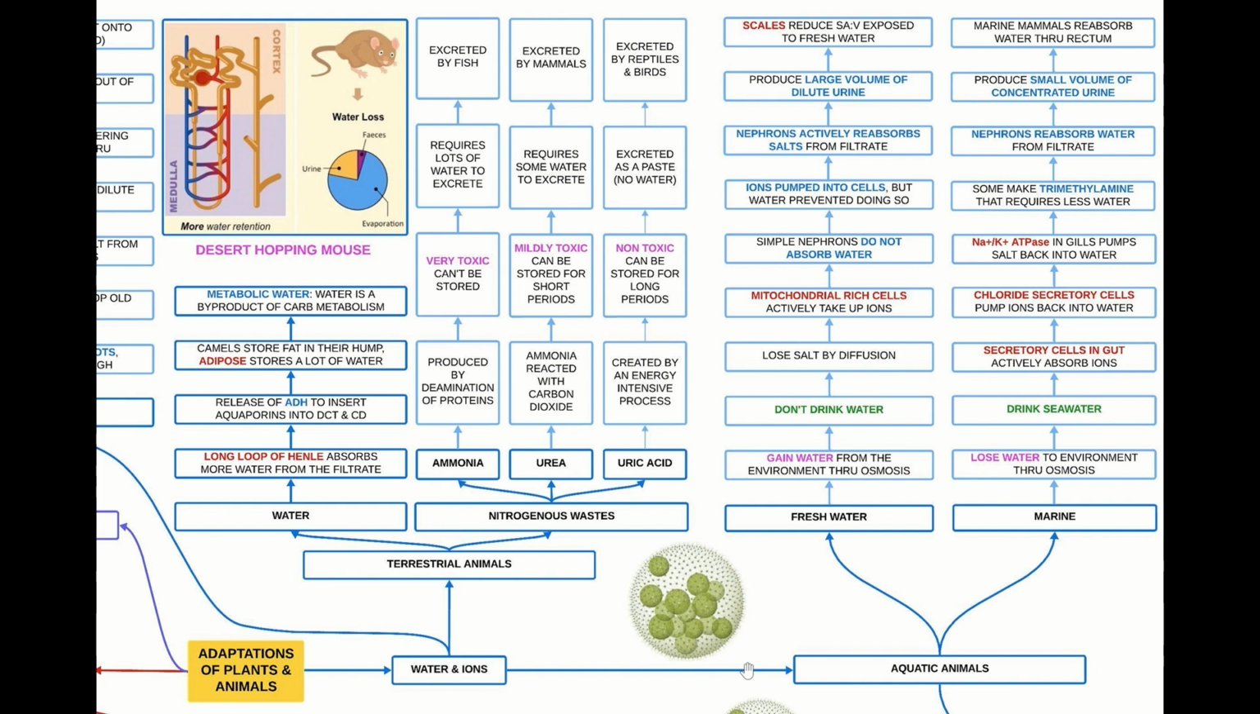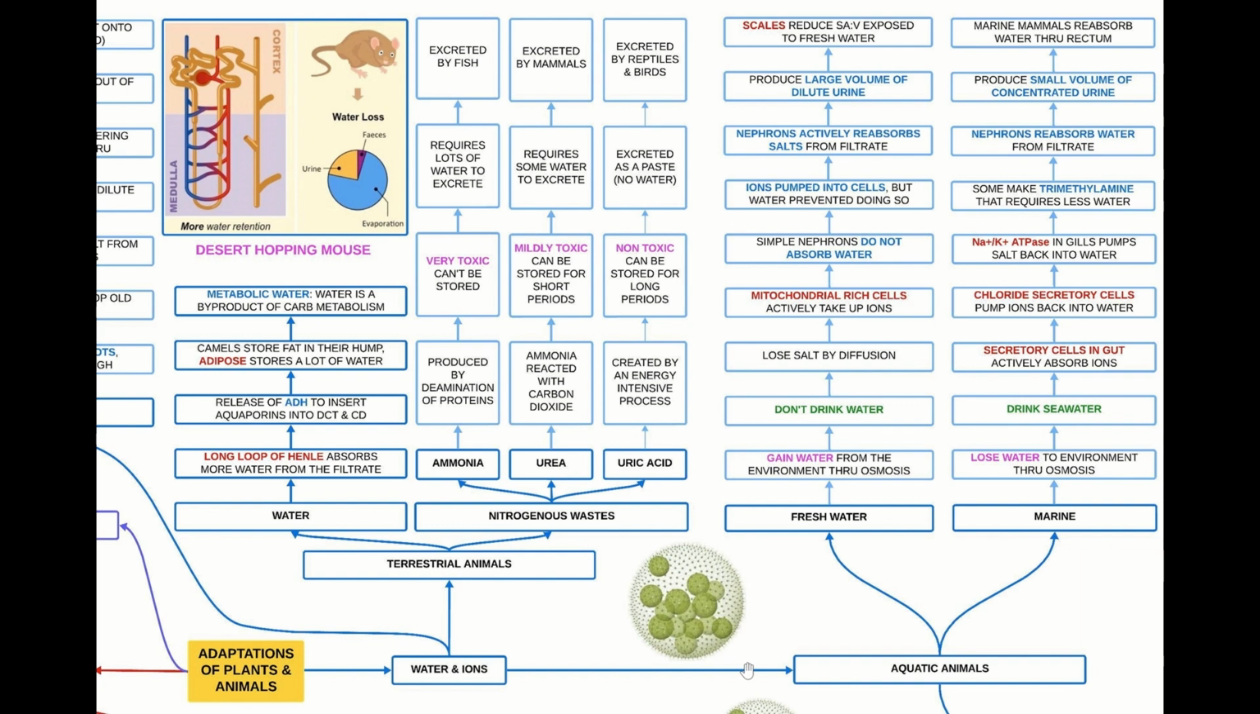It has simple nephrons that do not absorb water. Ions are pumped into the cells, but this prevents water from doing so. The nephrons actively reabsorb salt from the filtrate. They produce large volumes of very dilute urine, and they have scales that reduce the amount of surface area exposed